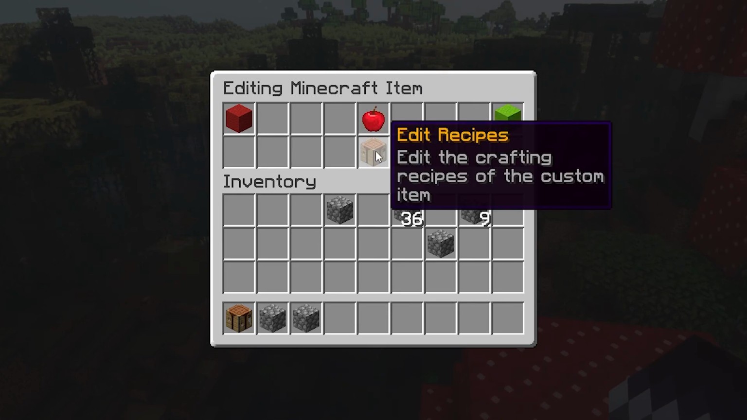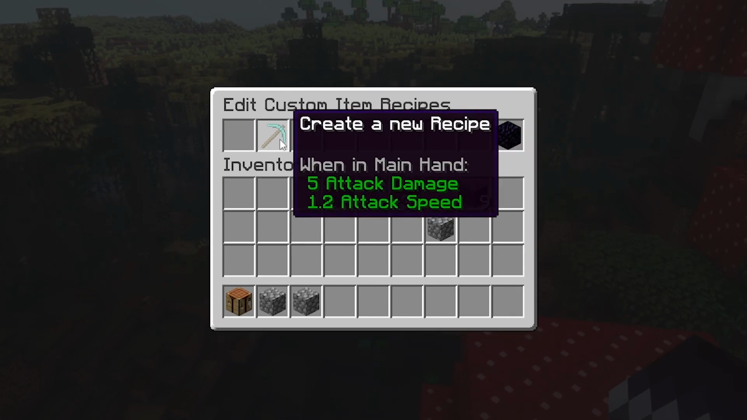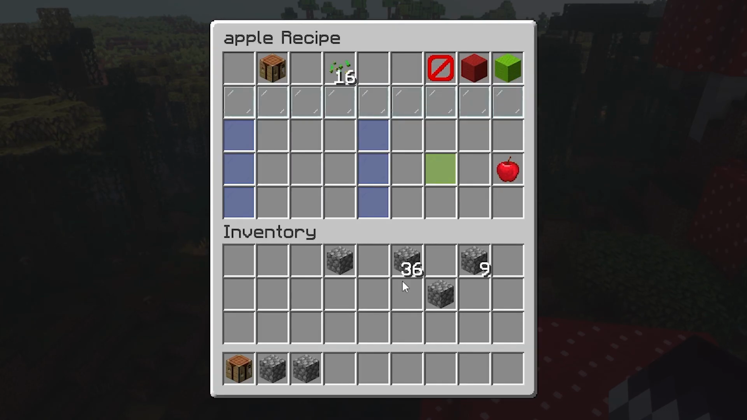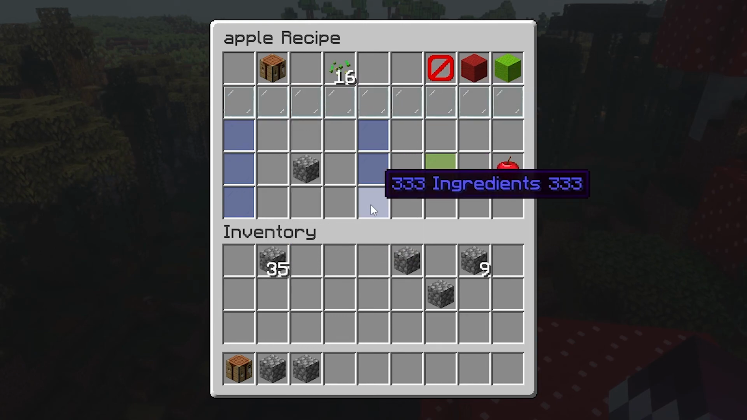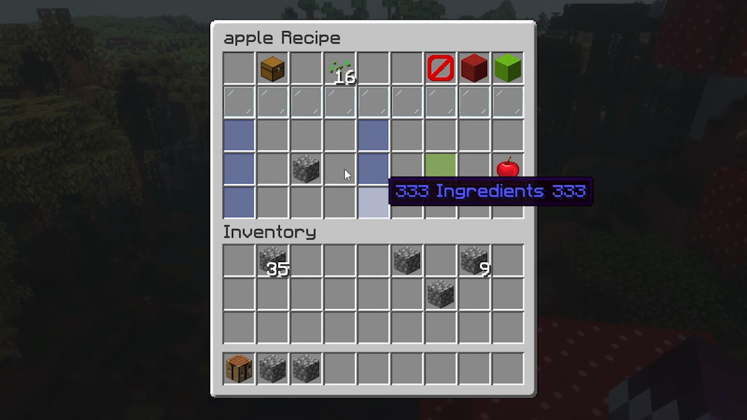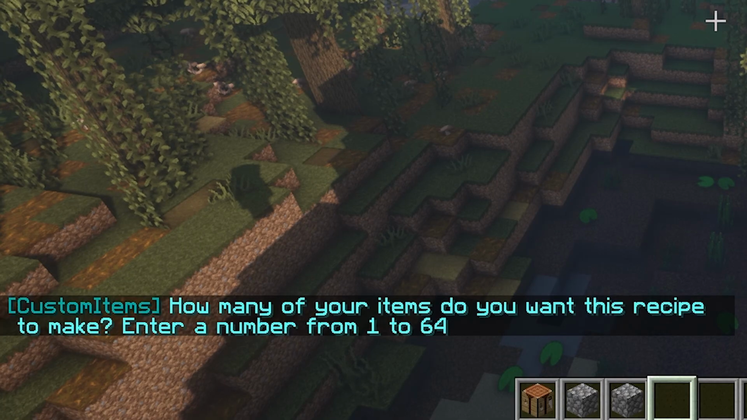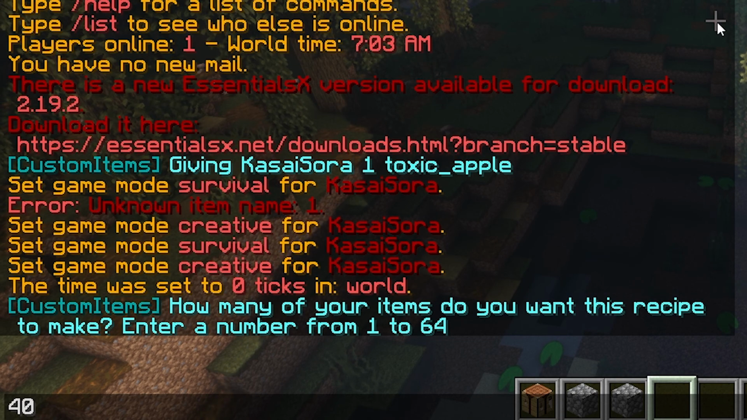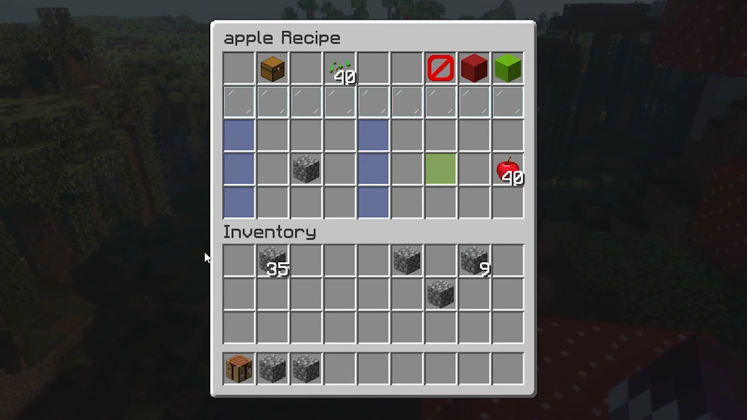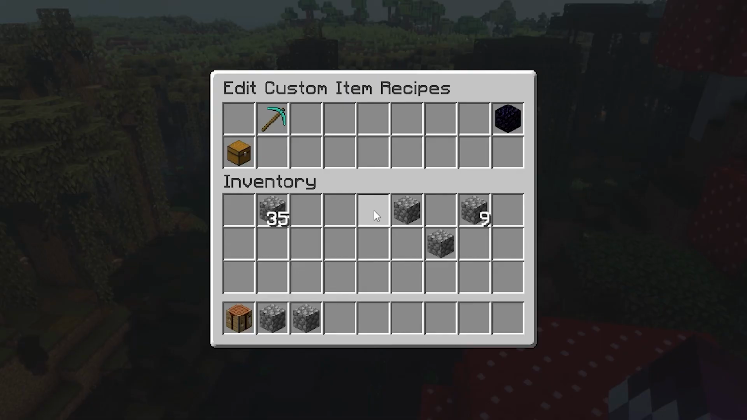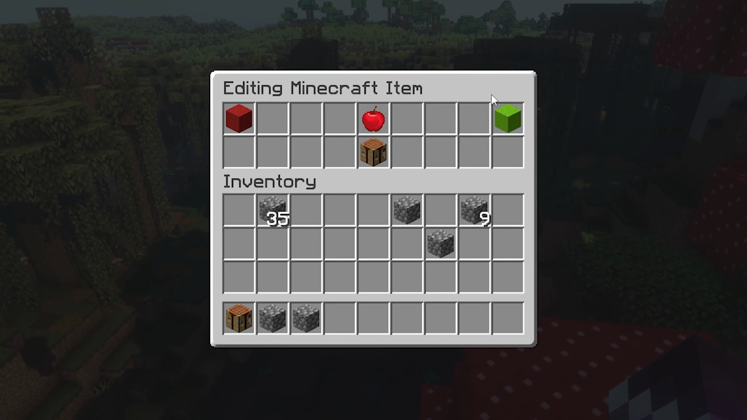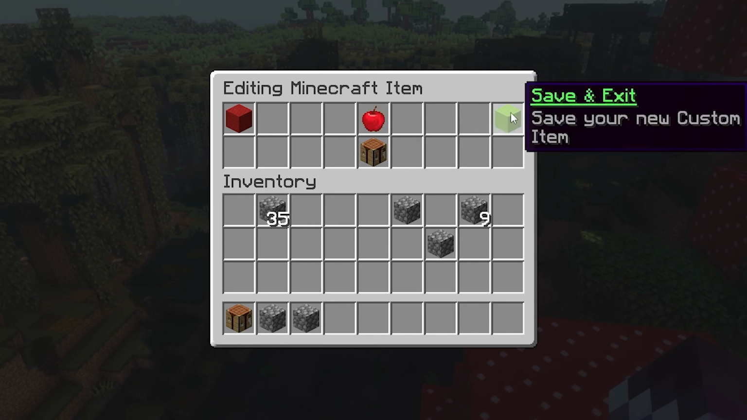So let's go to edit recipes. There we go. And then we're going to create a recipe. I want lots of apples on my server. So I'm going to put 1 cobblestone here in the middle of the crafting table. We're going to make it a shapeless recipe, and then set the amount to 40. There we go, just something random. Now we're going to click on save and exit, go back, and then click on save and exit